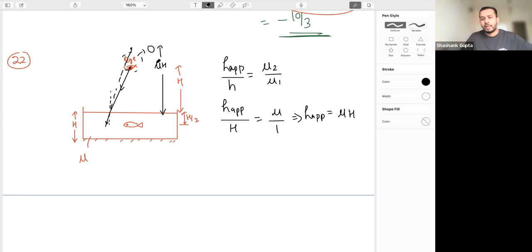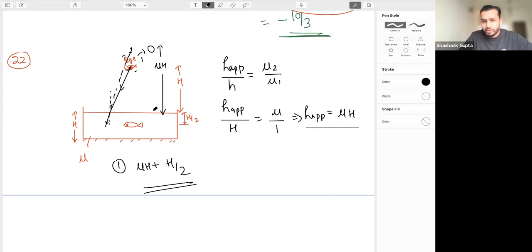So can I say it is coming out to be mu H? It is from this surface. Is that clear? Can I say this is the fish, again, second floor and tenth floor. Now where the fish is standing, the ray will go into its eye. The fish is at a distance H by 2 from the interface. So can I say from the eye of the fish, this distance, the first part answer will be mu H plus H by 2? Tell me. So first, mu H plus H by 2. Okay, the first part answer.